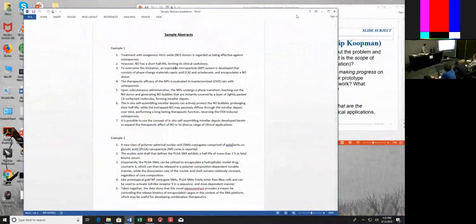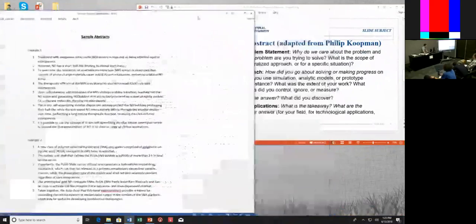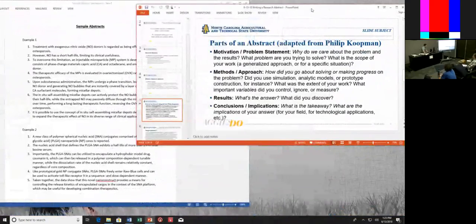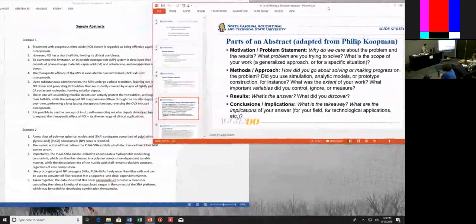Just to help us out, I have it broken down sentence by sentence. Now, it's not going to be big enough. I want you to be able to see this as well. Just so you can see on the left the way the sentences break down. And then on the right, we'll still be able to look at the components that we're observing or looking for.